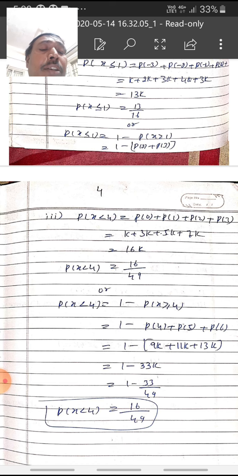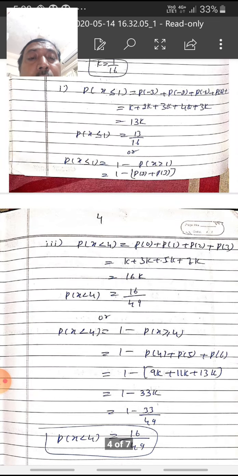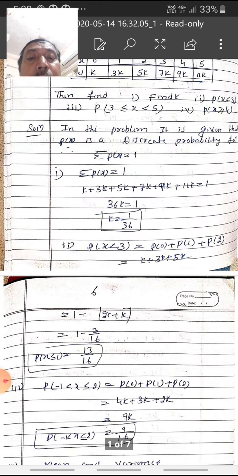But sometimes, instead of adding a large number of values, suppose you want the sum of 10 values. The table has 12 values in total, and I want the first 10 values. Instead of adding the first 10 values, subtract from 1 the last 2 values. Then you get the total of the first 10 values. Okay, now you have to see one more problem, the third problem.